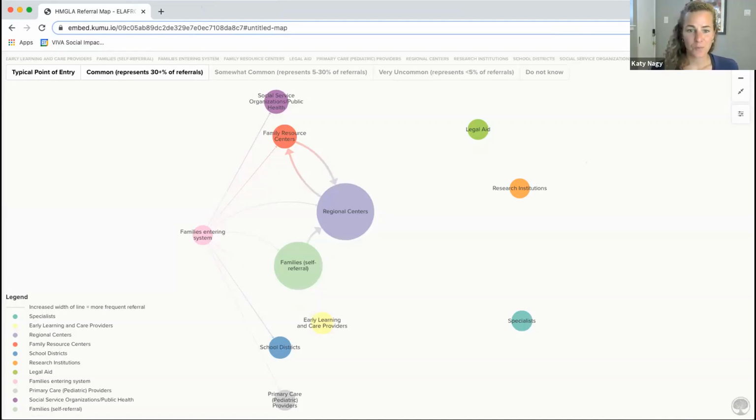I'll walk from left to right. What this is meant to show is the way referrals happen in the East LA community. On the left-hand side, we have families entering the system, and then we have arrows from those families to what have been identified as typical points of entry for families in the EII system in East LA. You can see there are quite a few different points of entry that are possible, or that families tend to